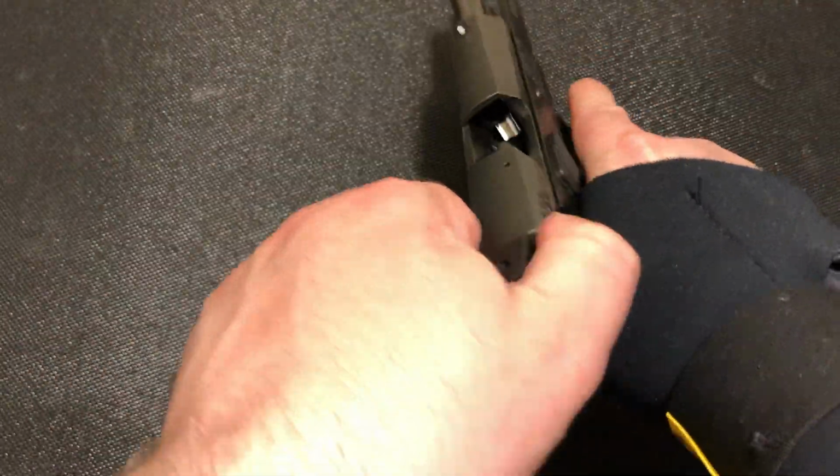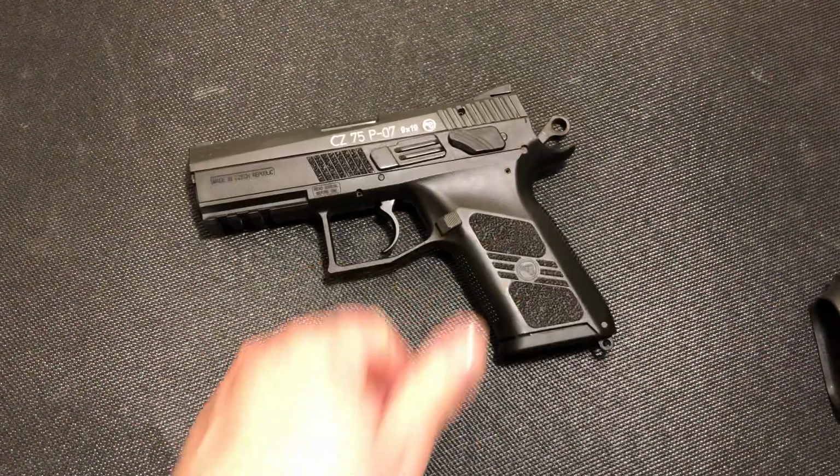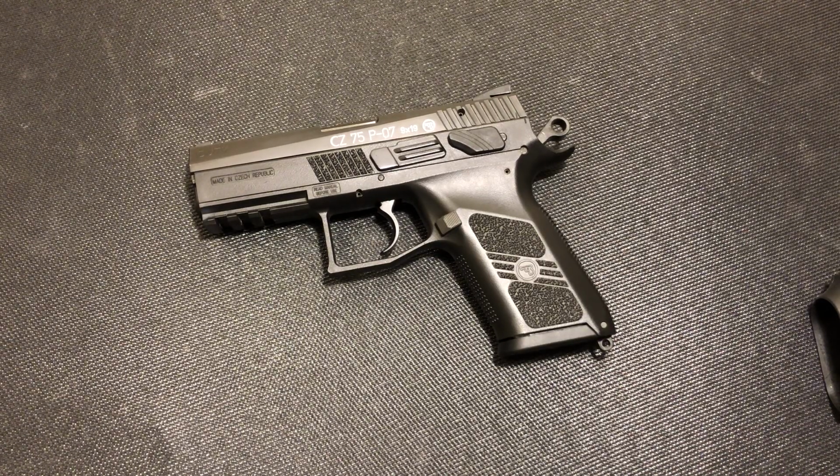This is what I was trying to do. All right, well, it's locking open for that. So, if you get one of these, pay attention to the mag springs. They might wear out. I have put a lot of rounds through this gun, so that's kind of what I